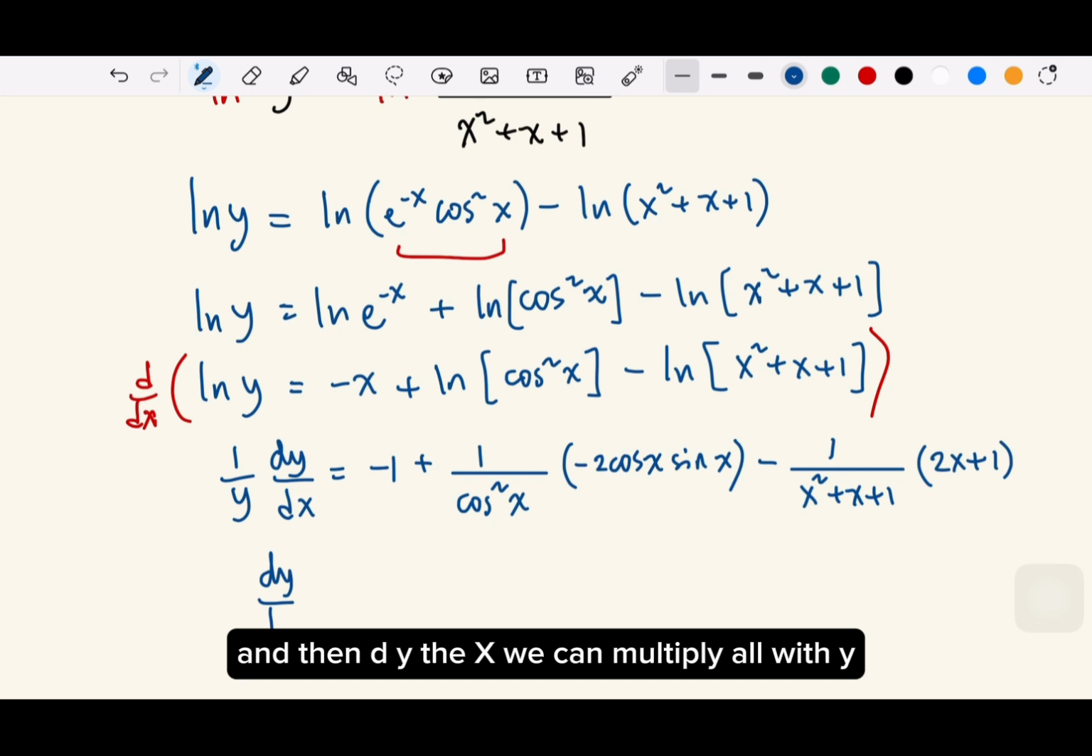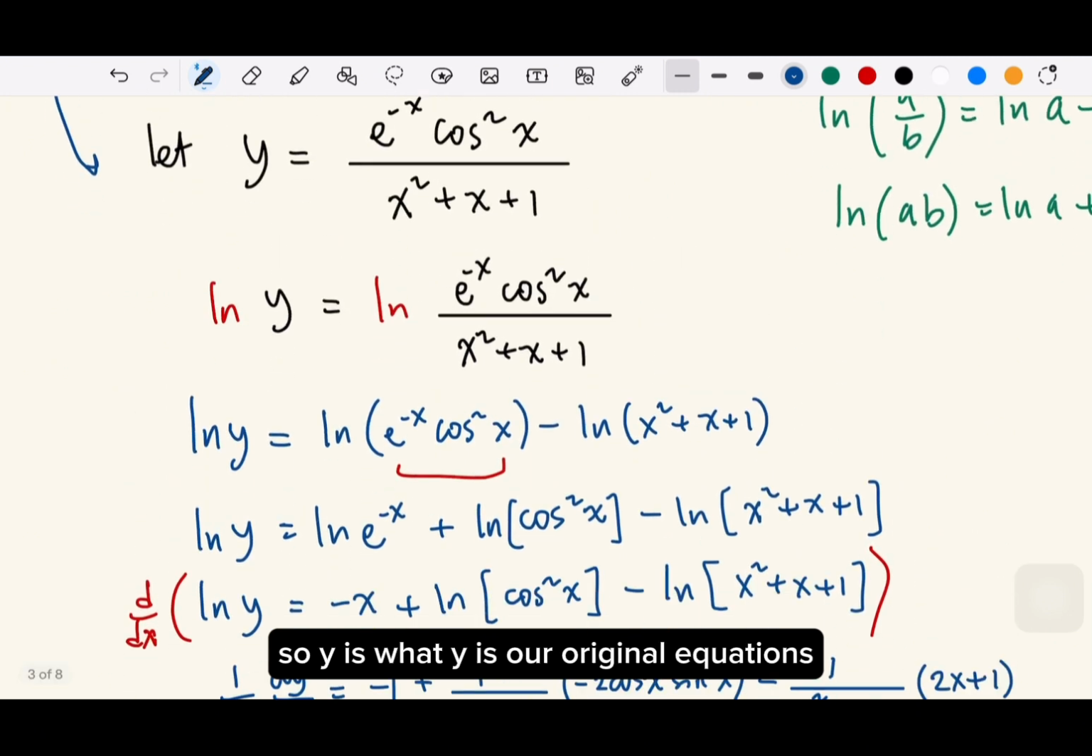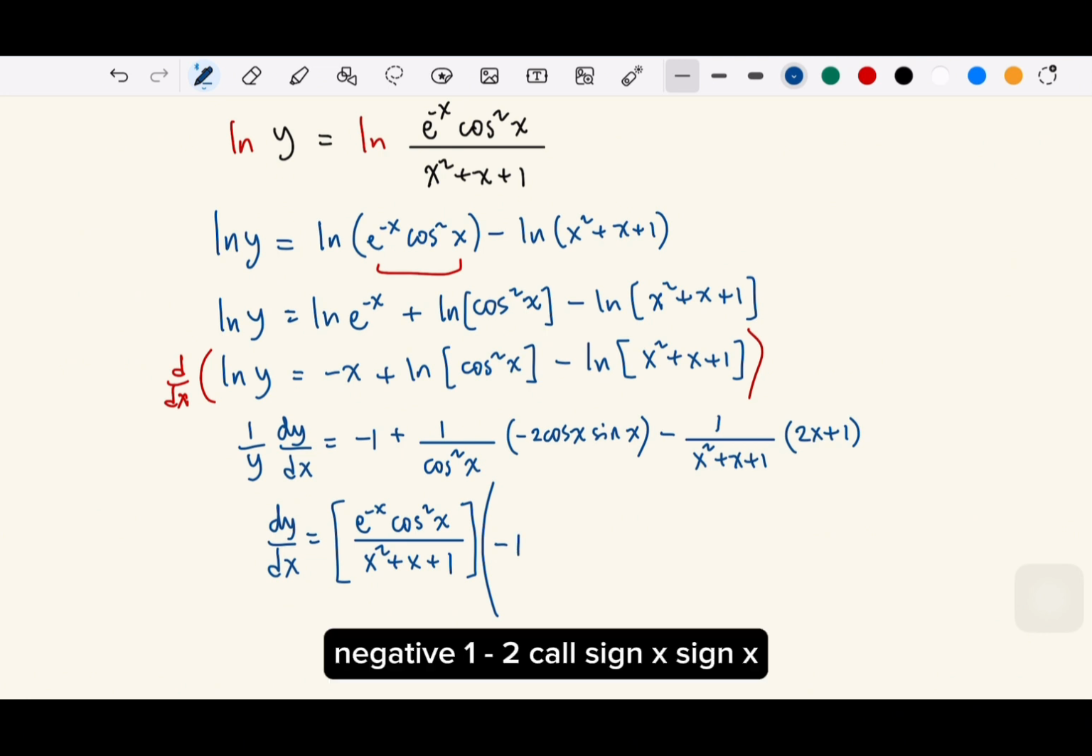And then dy dx, we can multiply all with y. So y is what? Y is our original equation. So we can write, multiply with, negative 1 minus 2 cosine x sine x,